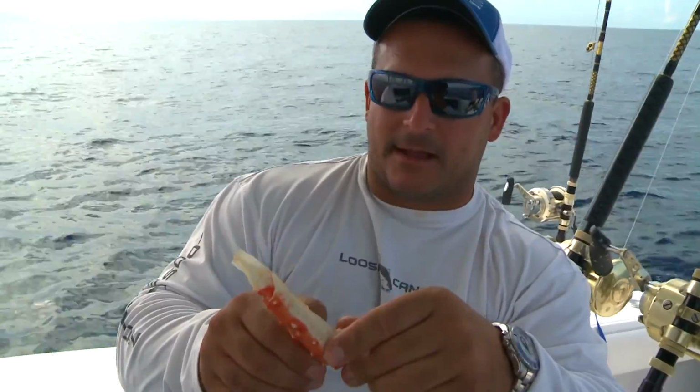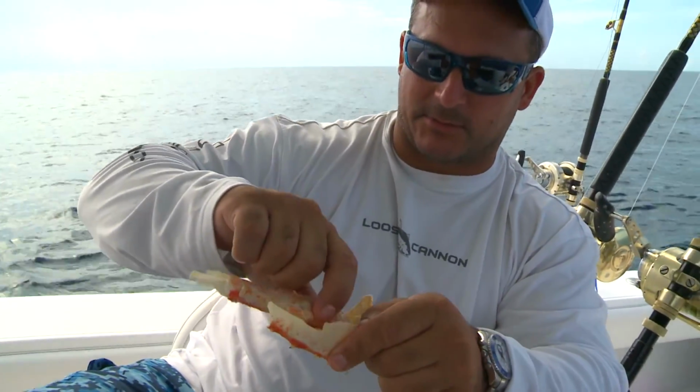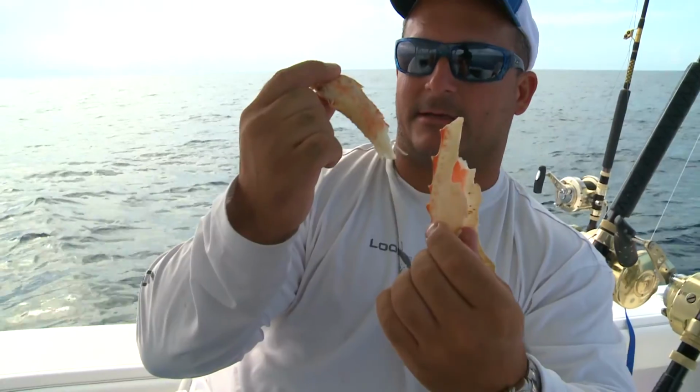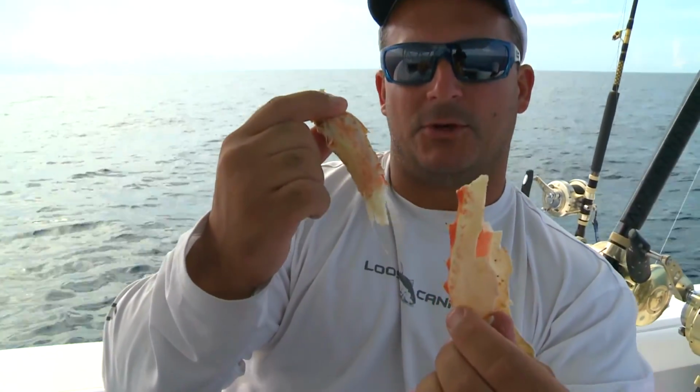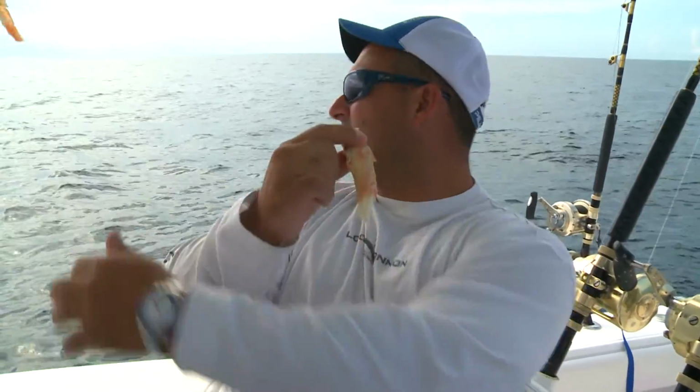Oh, Howard has completely spoiled us now. Now I'm starting to like the deep drop thing. That's a king crab leg. You do catch this in the Bahamas. No, not really. But